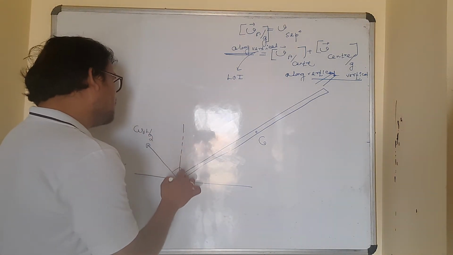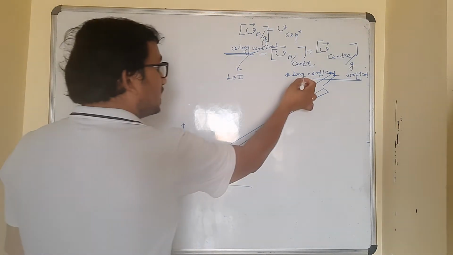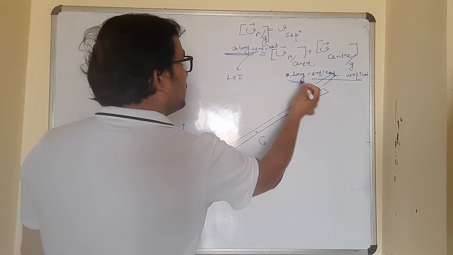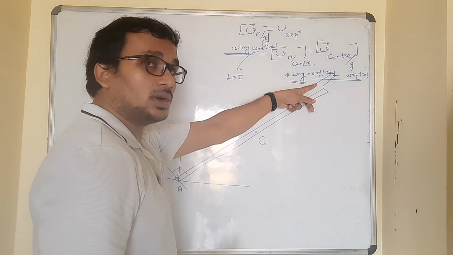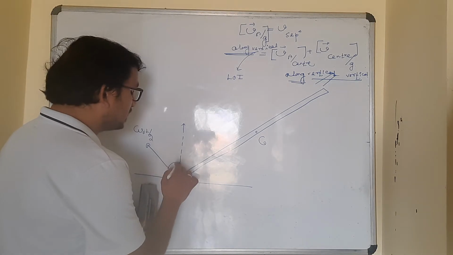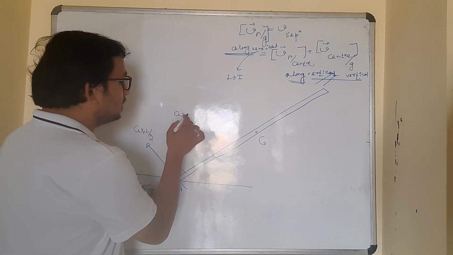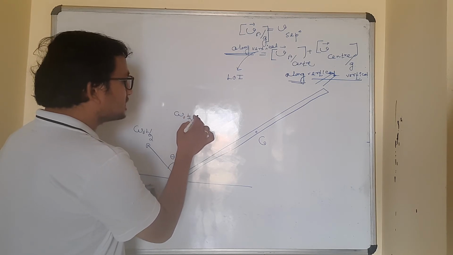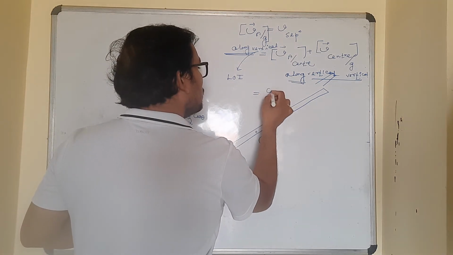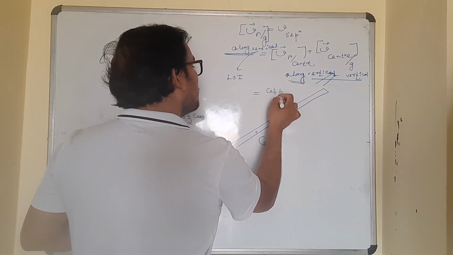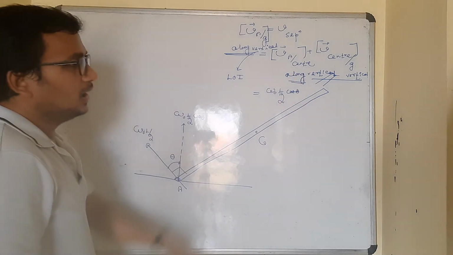So along the vertical direction, this is the vertical. If I ask you what is the component of this, and that is what I want. The first term, velocity of wave with respect to center, that is omega L by 2. And the vertical component of that, with the vertical this angle is theta. Simply I'll say omega L by 2 cos theta is the component of this vector omega L by 2 along the vertical. I'll write here omega L by 2 cos theta. Yes, the first part. And what is the second part?